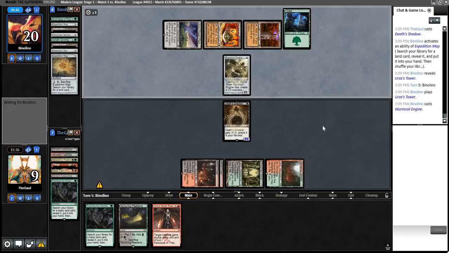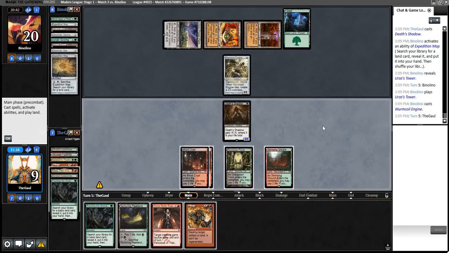Wormcoil Engine. Yikes. Pillage. Good draw. So what do we do here? We can traverse for GQ, use it to break up Tron, use Pillage to kill Wormcoil. Then we could play defensively. Or we could...